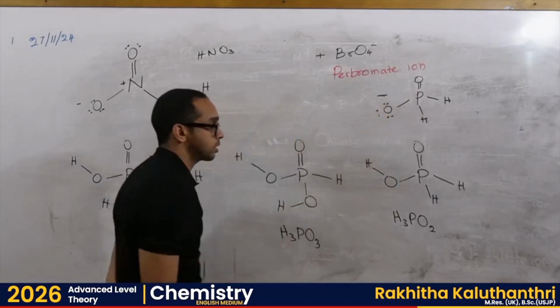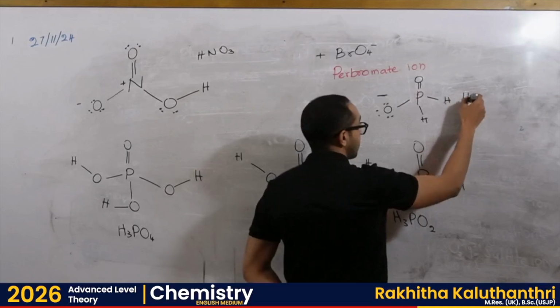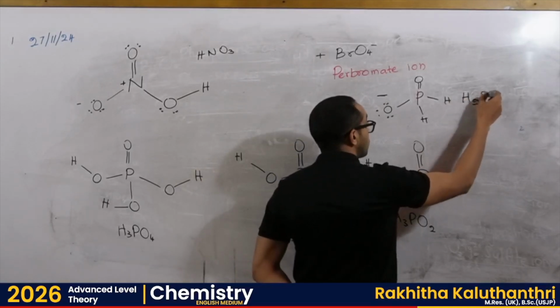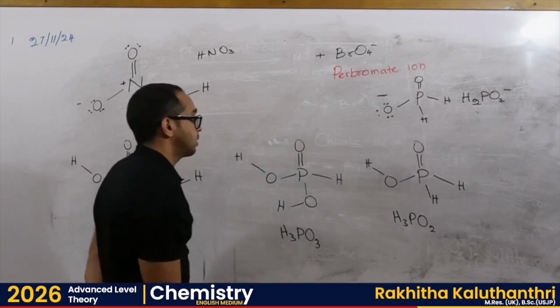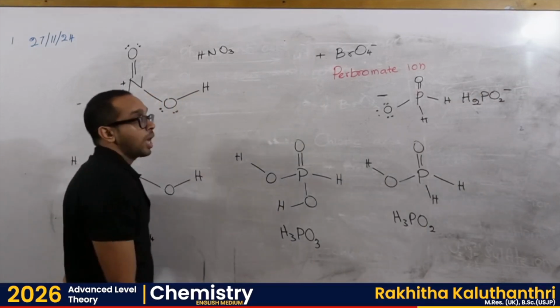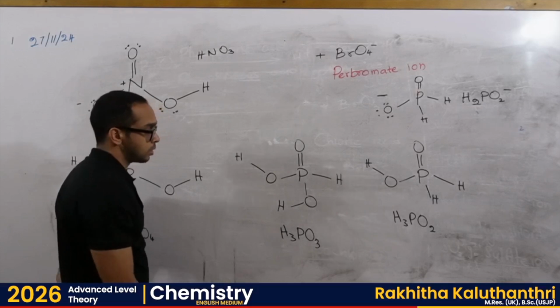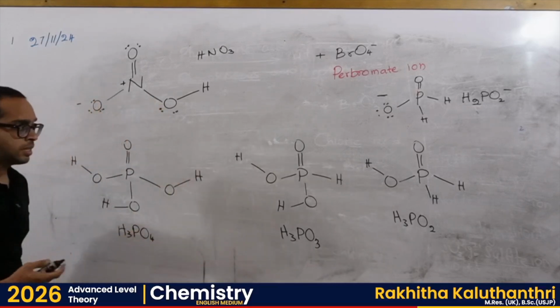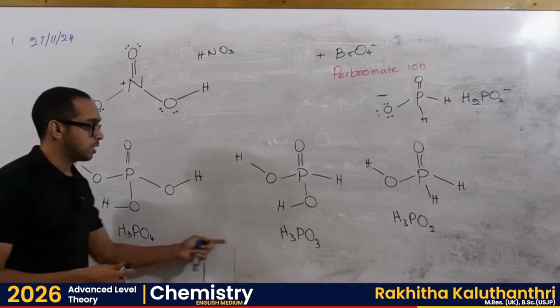Negative charge is there on the oxygen. So this is basically the anion's formula: H2PO2 1 minus. So that is called the hypophosphite ion. So these are basically the Lewis structures of phosphoric,